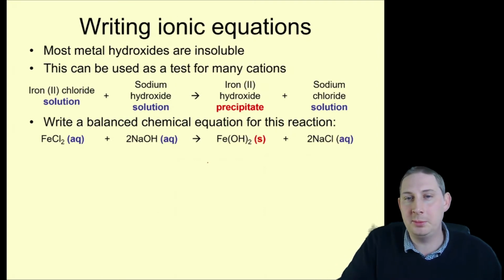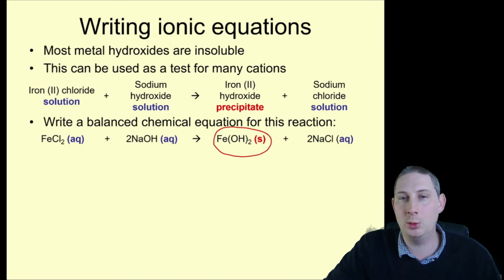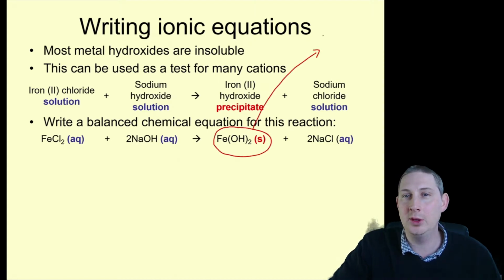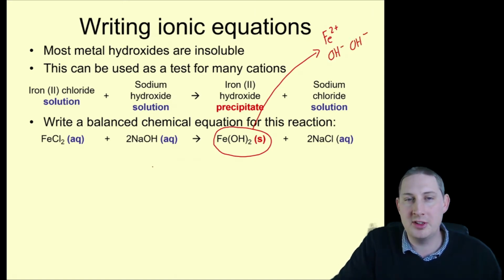Right, well, as we've said before, all you need to do to write the ionic equation is take the precipitate and work out what ions are in it. We know it's iron 2, so it's going to be Fe2+, and we know that there are 2 hydroxides. If we can't remember the charge on hydroxide, we just look here, NaOH. Sodium we know from the periodic table is Na+, it's group 1, so hydroxide must be OH-,